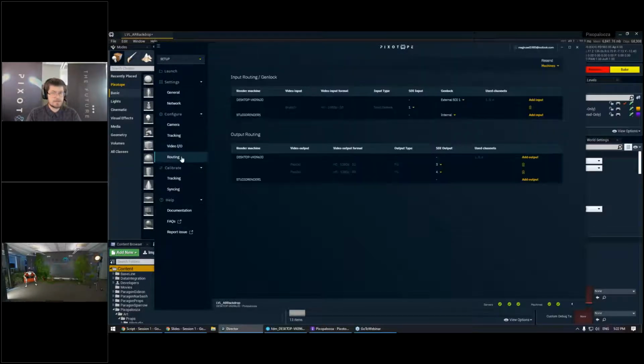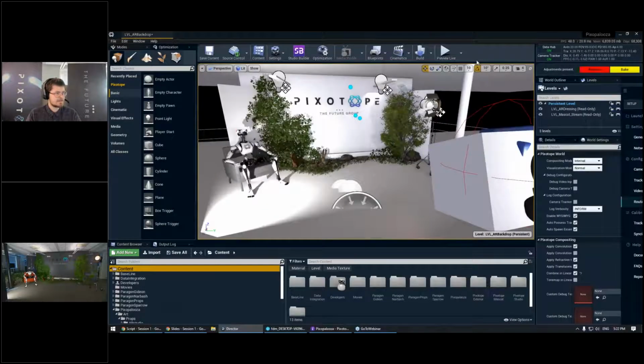We'll be touching more on that once we start diving into the composite. Now that we've defined our input and output signals, we just go to routing and assign the actual physical spigots that these signals are supposed to come in and out on. So we can actually see here that if I jump into live mode,